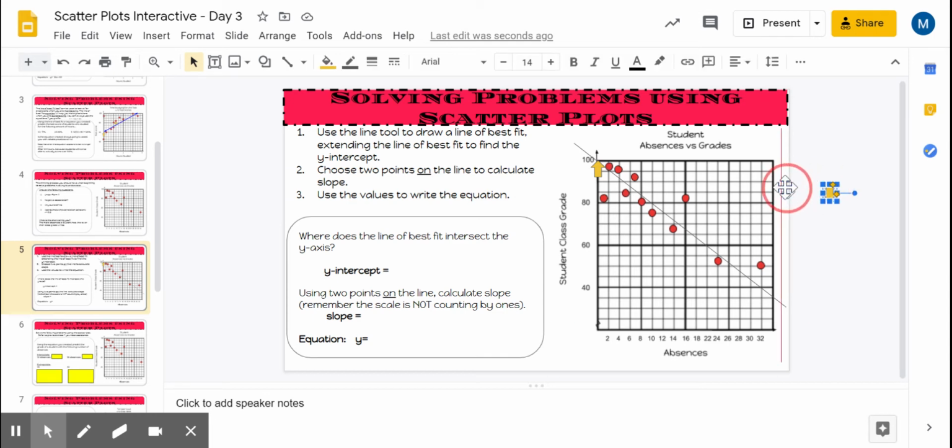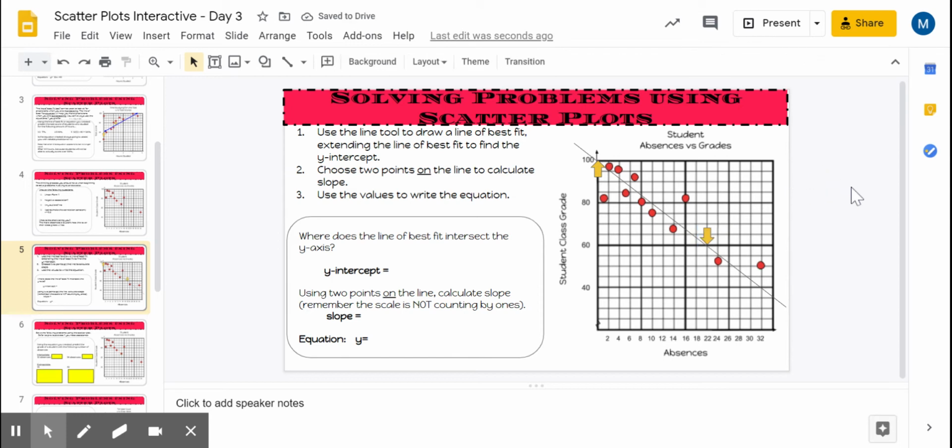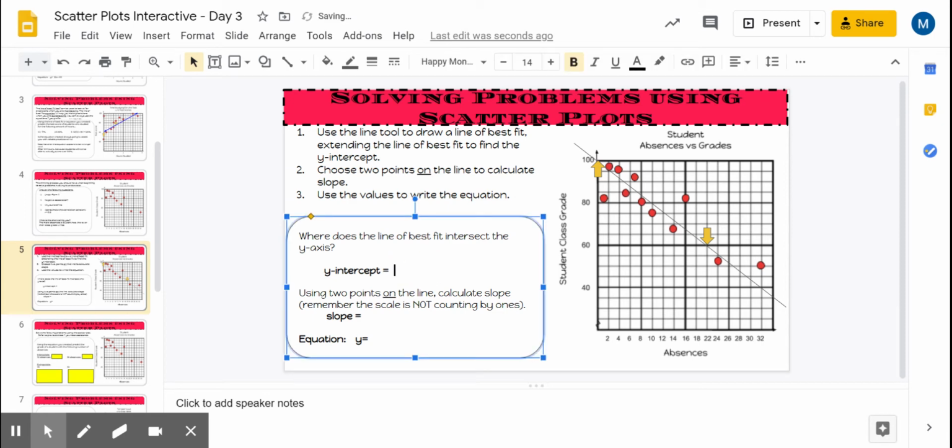This, I'm looking for an exact line or point. It could be different on yours, but I do have one right there. So when I count the slope, well, let's do y-intercept, 100. Okay, and now we're going to count the slope, keeping in mind that we are going to count down, not